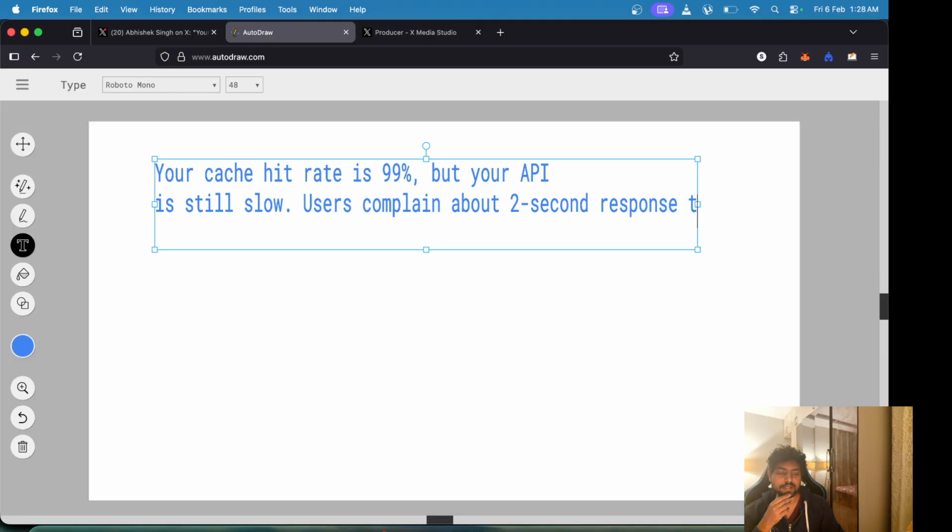So what happens is that 99% of the time our data is returned from Redis, but for that 1% of the time, the data is not there in Redis, and it goes directly to the DB for the query, and then it returns the data to the user as well as populates Redis. So this way we are able to serve the request directly from Redis. Let's say that some Amazon sale or some e-commerce sale is going on, and we want our data to be in Redis because we will be expecting lots of requests.